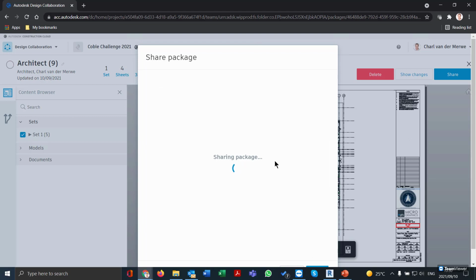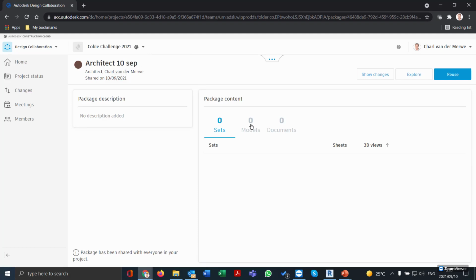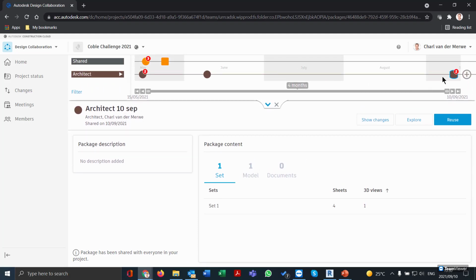So bottom there. So once I share it, it then shares it to the non-Revit users. All right, so if I zoom in there,